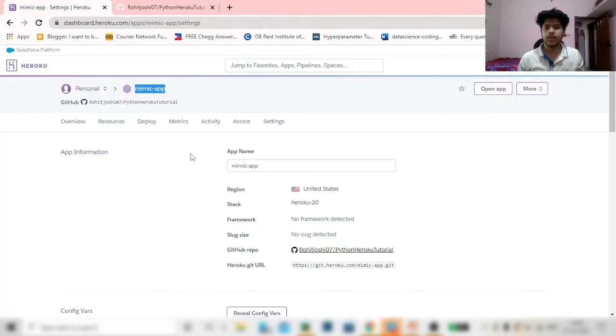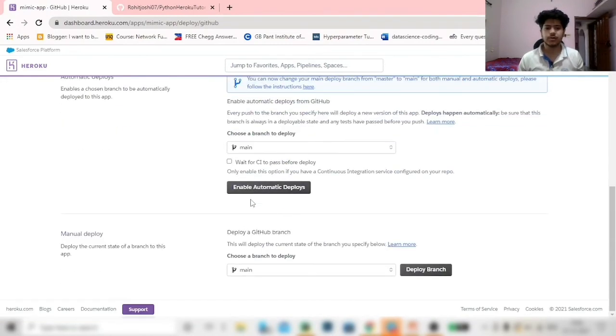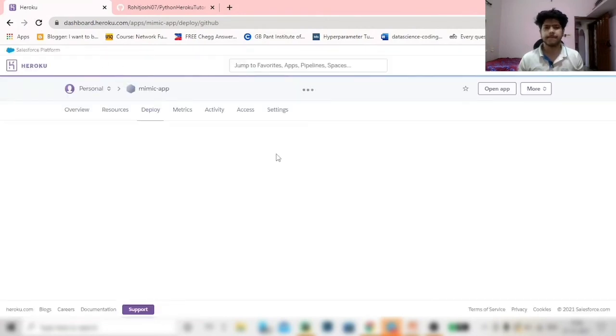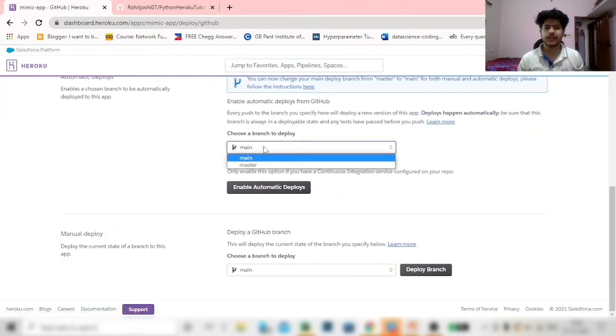Now if we go back to our Heroku, we already have attached our GitHub folder. Here we can set up the automatic deploys. First I need to refresh it. Here I can select the branch.